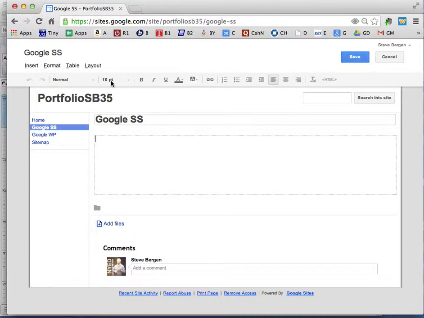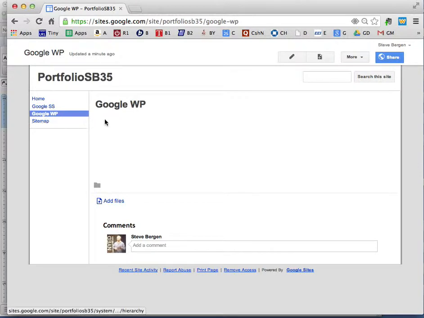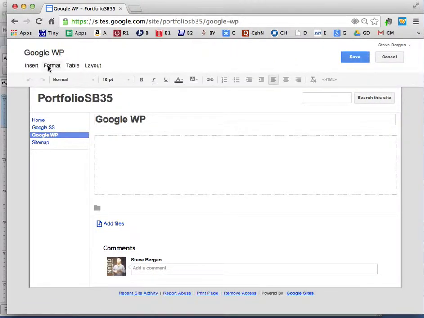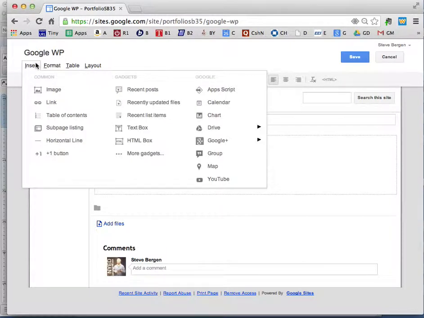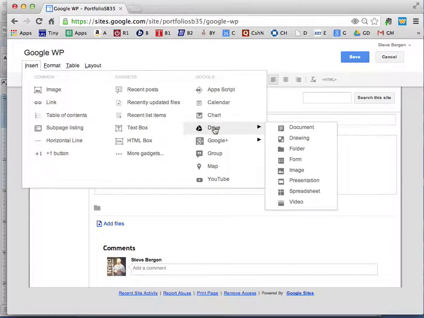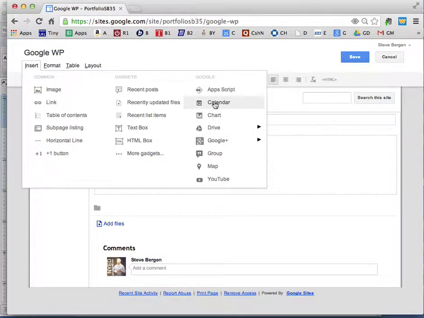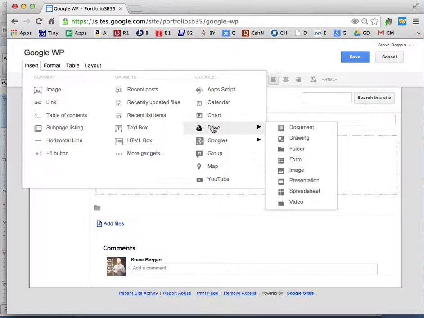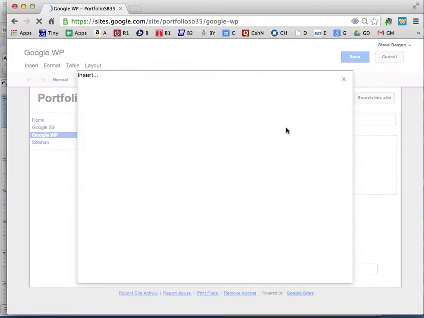Now, when it's time to populate this, you will love this feature. You don't have to do much work. Click on whatever page you want to populate. I will click on Google WP. Click on the pencil to edit. And now you don't have to do any typing. Go to Insert, and you'll see this grid with 3 different columns. Go over to the middle of the right column. So halfway down the right column it says Drive. And now I'm on the Google WP, so all I have to do is navigate to Document,